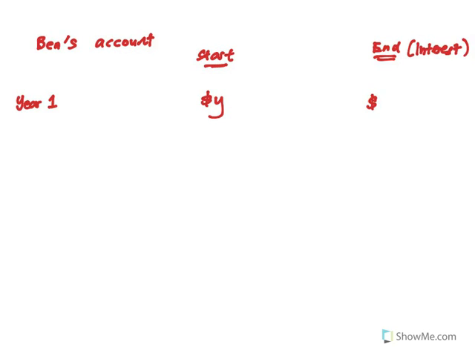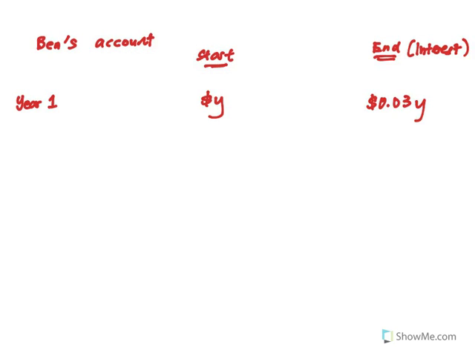Ben's account, right? I invest, maybe this is year 1, and at the start of this year I invest Y dollars, because you say that I invest Y dollars at the beginning of each year. And at the end of each year, what's the interest received? Let's not talk about the value in the account. Let's look at the interest received, which is 0.03